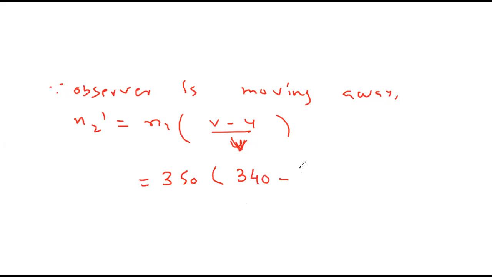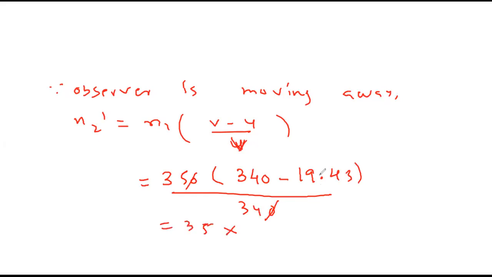And what we got u as? 19.43. Upon v is 340. Zero you can cancel. So 35 into, subtract this: 10 minus 3 is 7, 9 minus 4 will be 5, 9 minus 9 is 0, 3 minus 1 will be 2. So 320.57